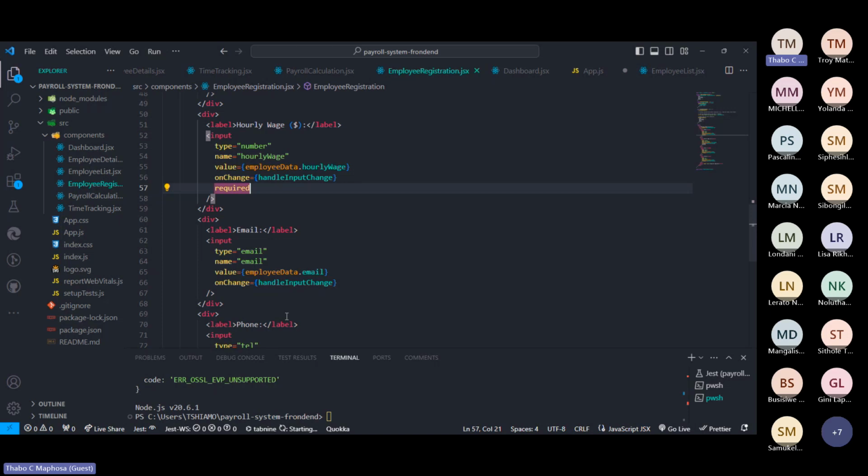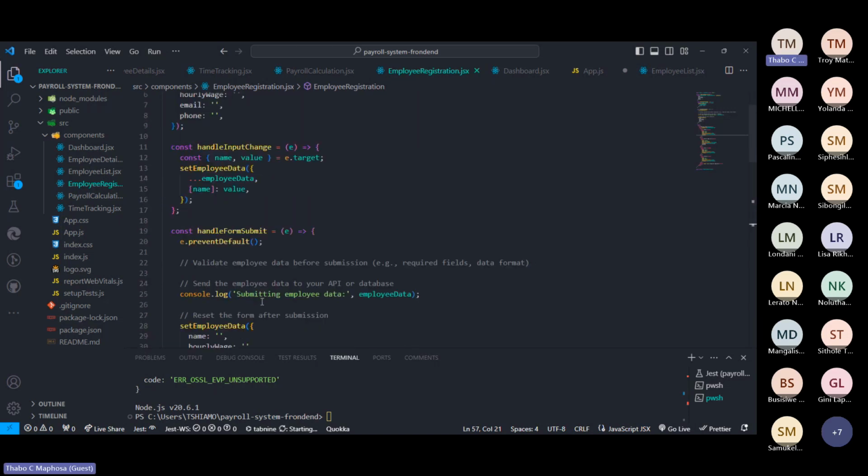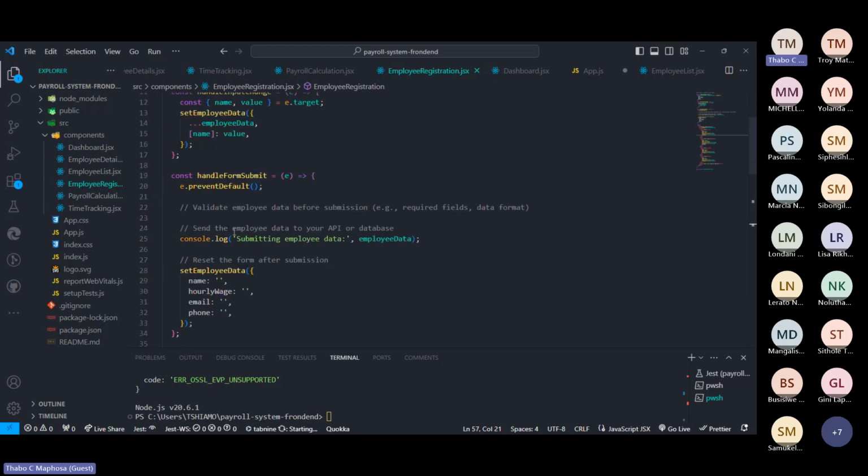Everything written here, our JavaScript, is to validate that data, and this part says send employee to a particular API after we have submitted.